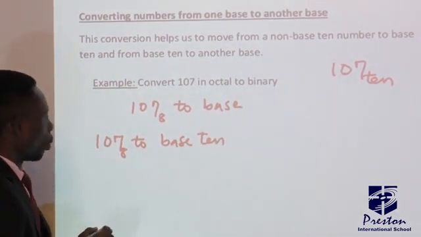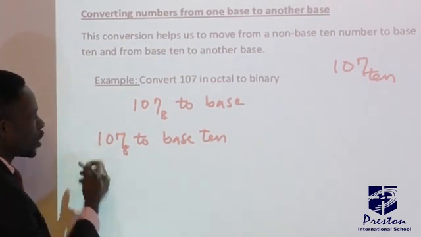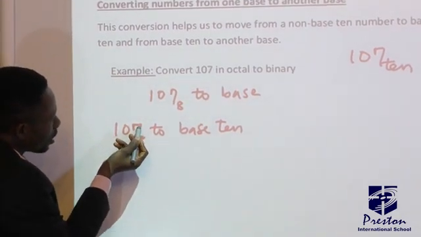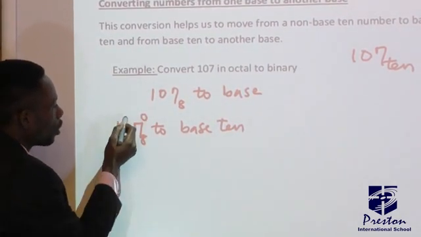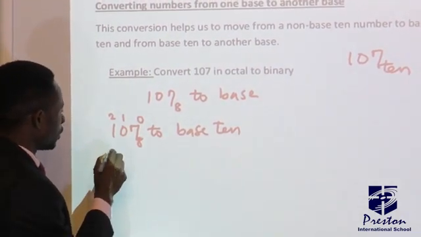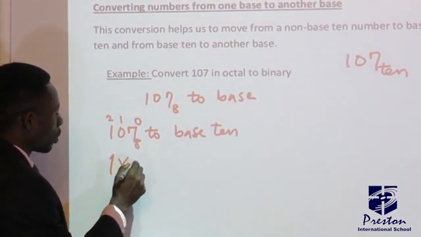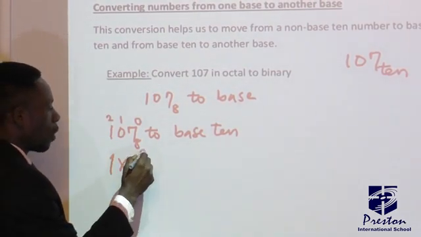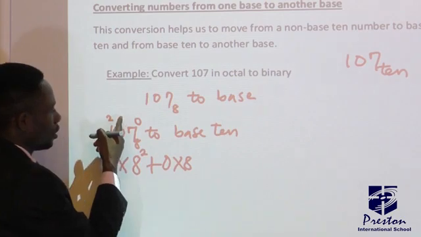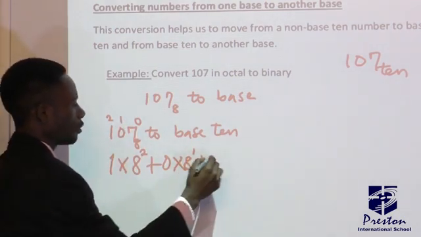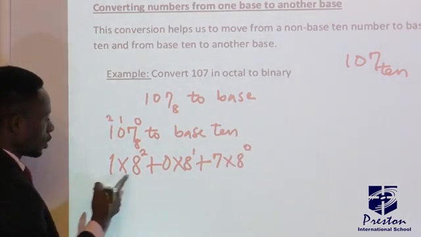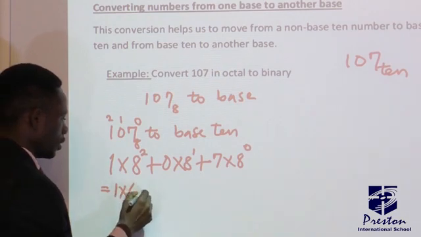And from what we were taught in your JSS1, we are going to have this one expanded with their place values. What do I mean by expanding? This one is the unit part of the figure, this is the tens part, and this is the hundreds part, according to what we were taught in your JSS1 class. So we have this one now to be 1 multiplied by the base, raised to the power of 2, plus 0 multiplied by the base 8 to the power of 1, then plus 7 times 8 to the power of 0. Okay, 8 raised to the power 2 should give us 64.